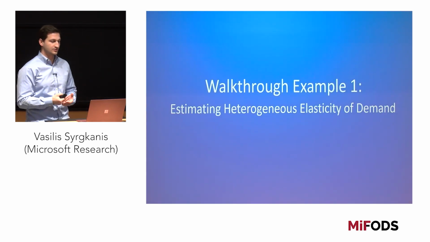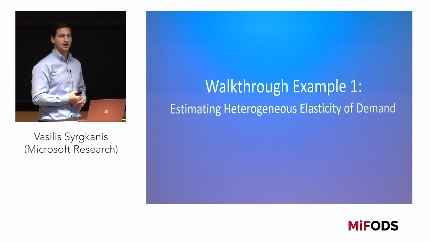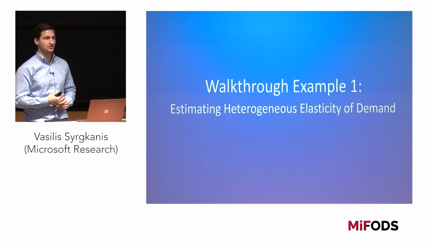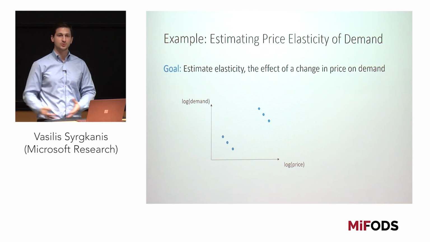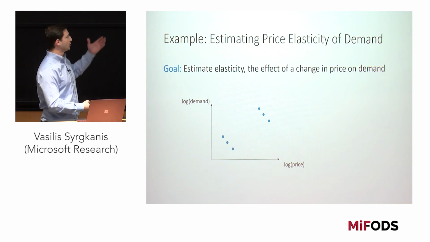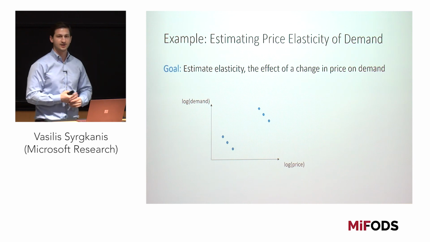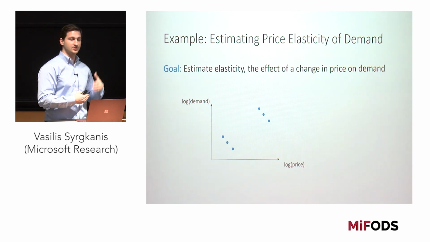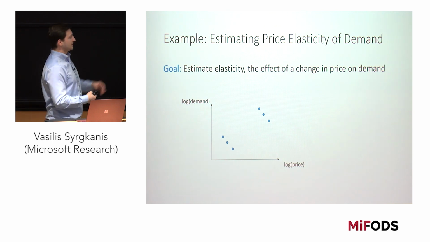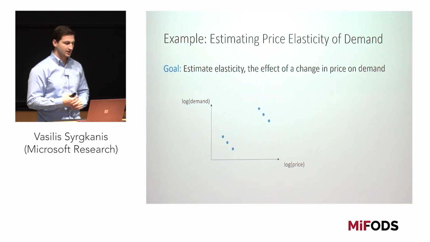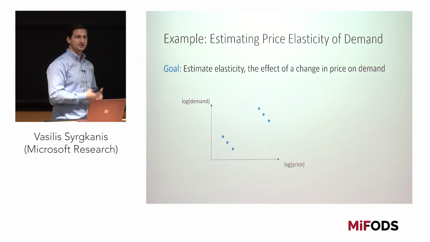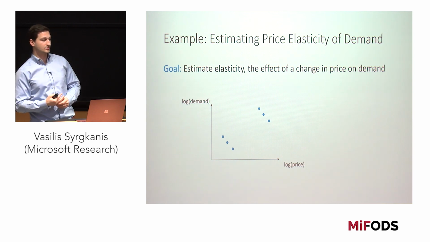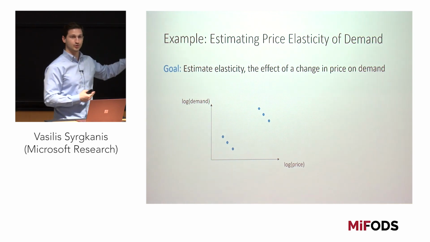So as the first example, let's look at the following problem. Suppose that you are trying to estimate how demand of a product changes as a function of price. And suppose that you were a data scientist in a company and someone came to you with historical data of purchase and demand and price, and they asked you, what is the function of demand as a function of price? Right? And these are the data points maybe you had, and if you're maybe a beginner data scientist and you know some machine learning, what you might want to try to do is to fit a model that predicts demand from price, right?